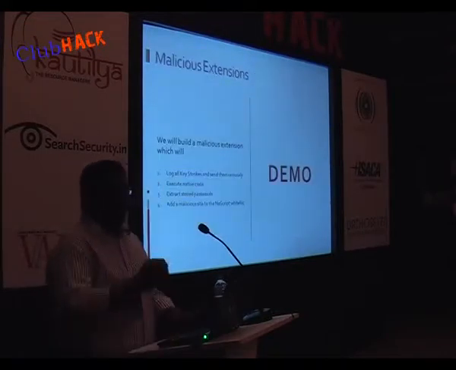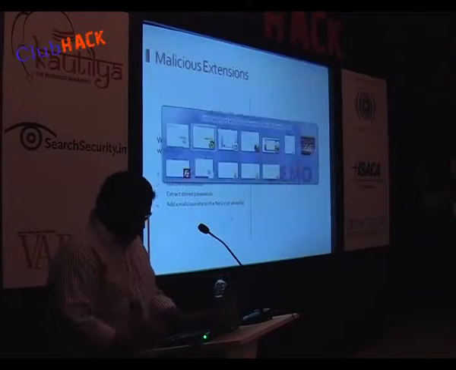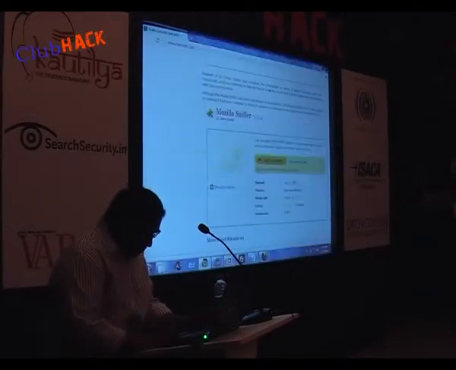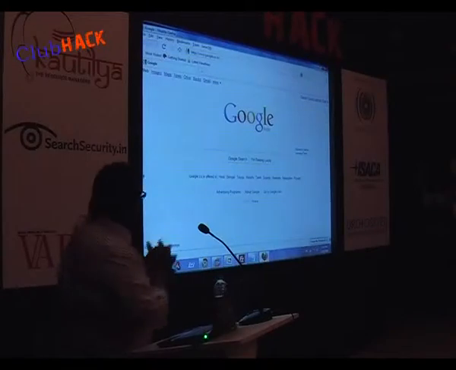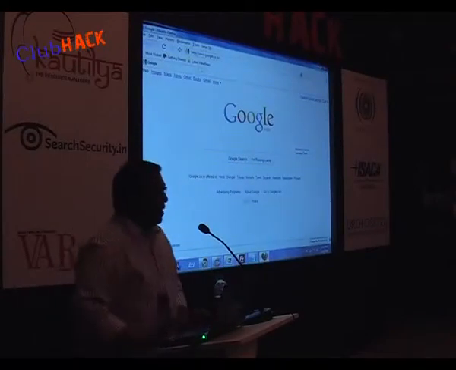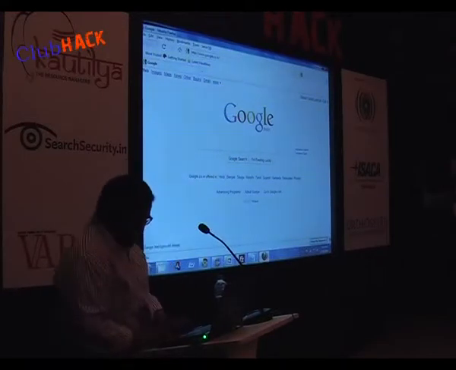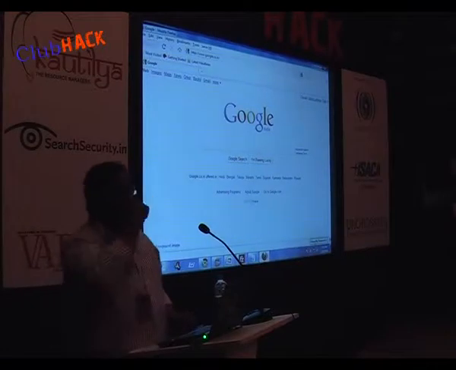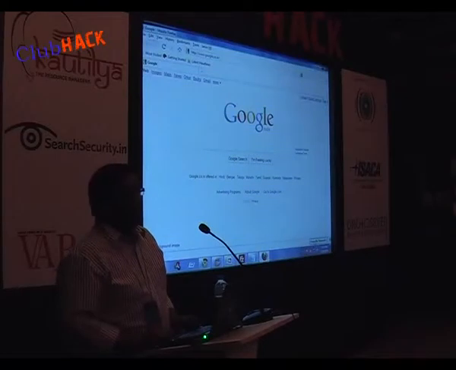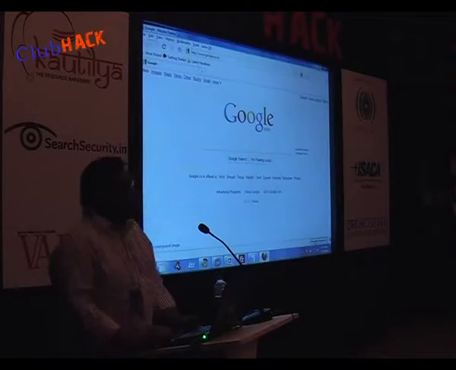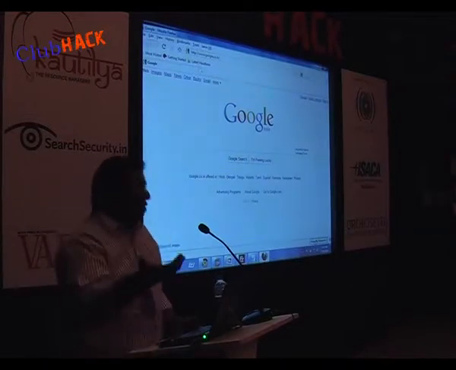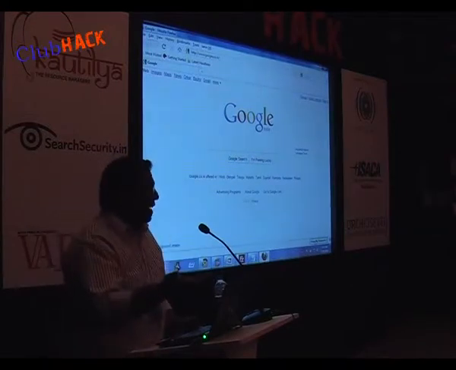So let me get into one of the demos. For ease of use, I have basically created a button there. If you are a malicious guy, you don't want buttons. Okay, what I have done is, how many people store their passwords on web pages? I just saw one hand. That's at least good. I'm happy that you guys are not saving it, but that's a very bad security practice.